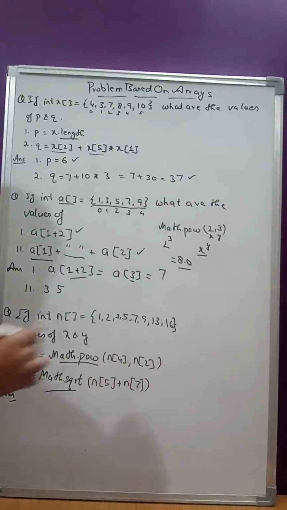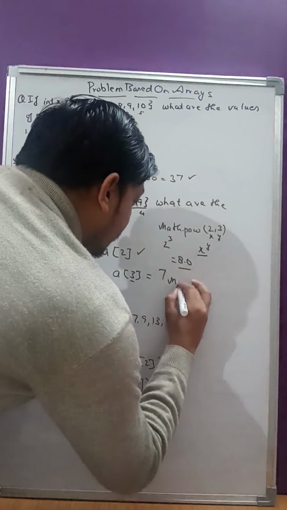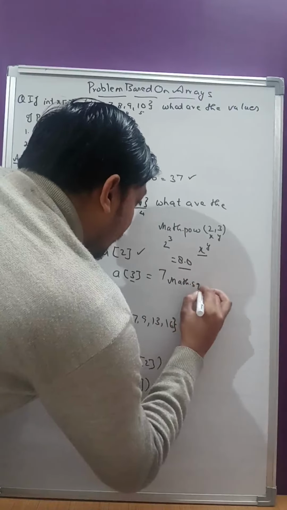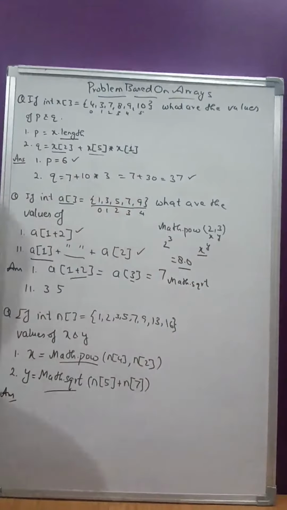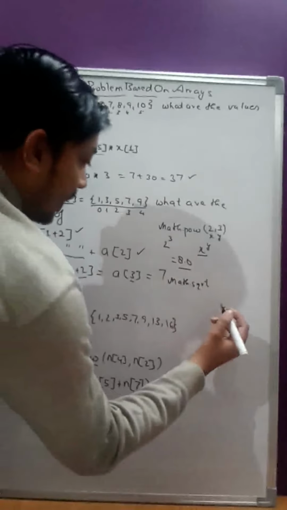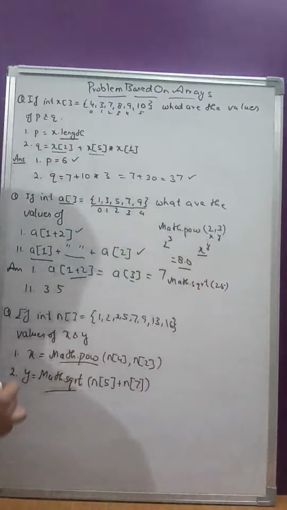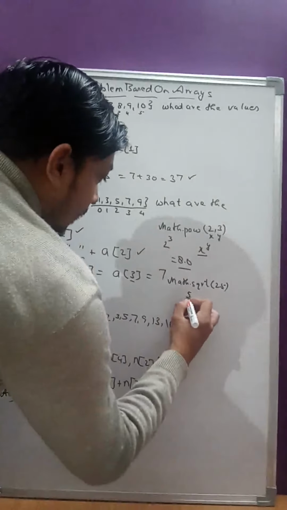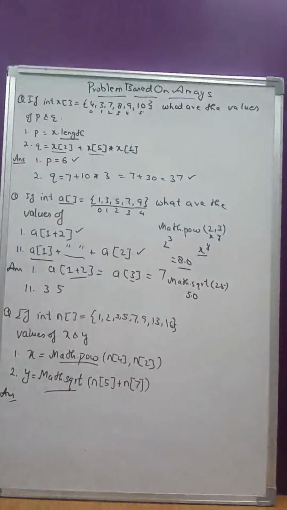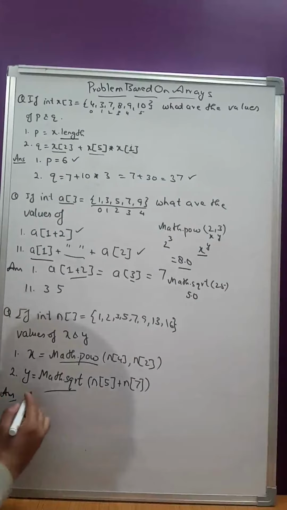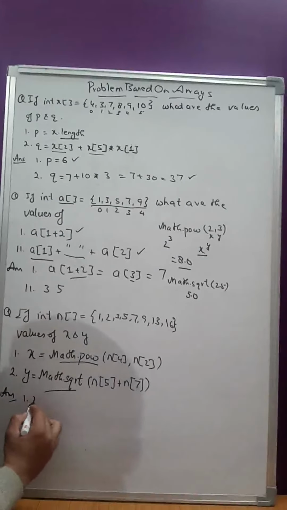Now coming over to the other library function, that is math.sqrt, and it is used to calculate the square root of a number. So if you have written math.sqrt of 25, that will return the value 5.0. Now that I have explained the functions pow and sqrt, we will move towards this question. In the first part, x is equal to